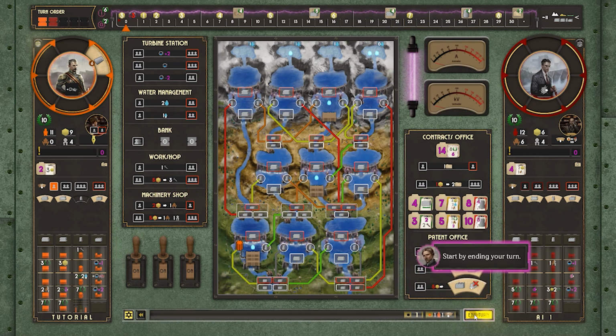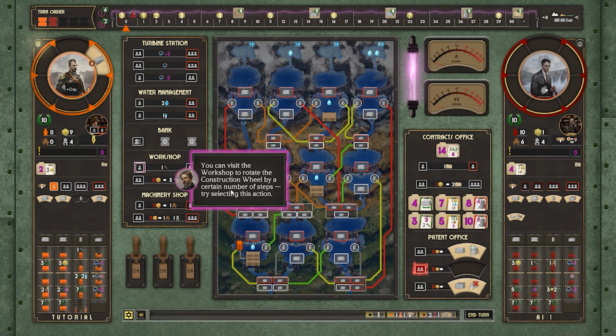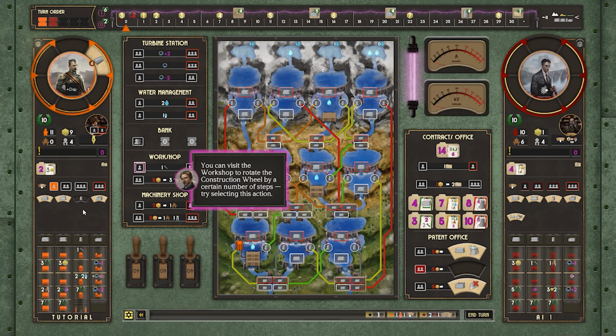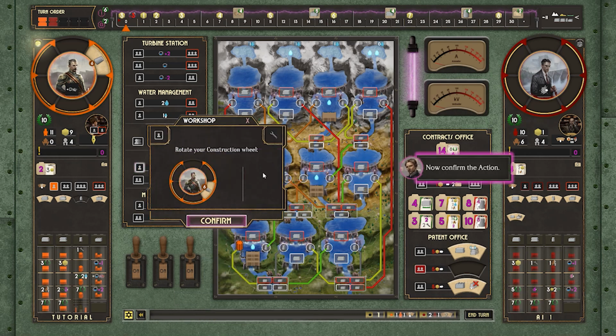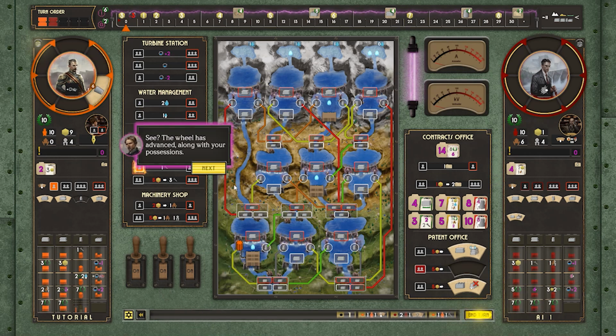Start by ending your turn, okay? And we'll watch the other guy do... You can visit the workshop to rotate the construction wheel by a certain number of steps. Try selecting this action. Workshop. Where is this? This is the workshop. Oh, workshop. Okay. Rotate your construction wheel. How do I do that? Okay. I don't know what that... There we go. Okay. See, the wheel is advanced along with your possessions. I didn't know where it was, so I didn't know how to...